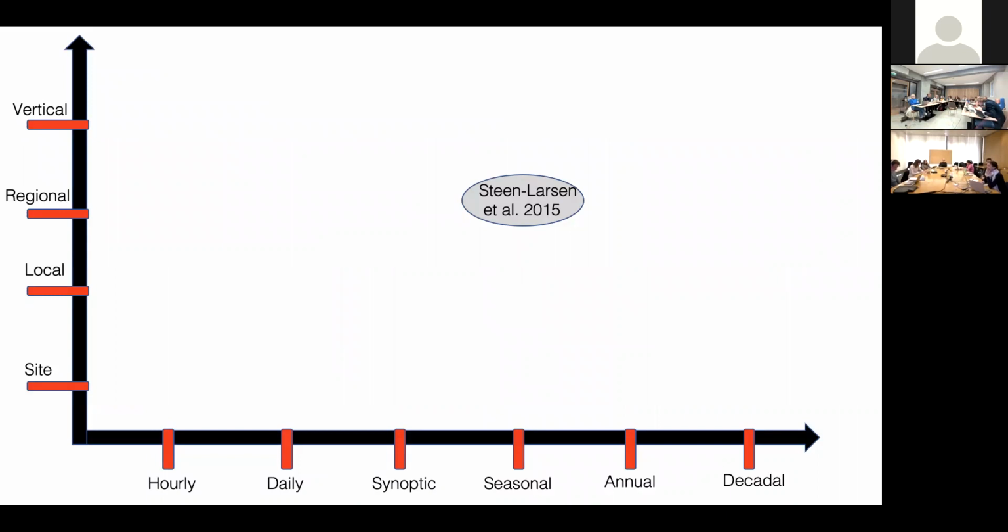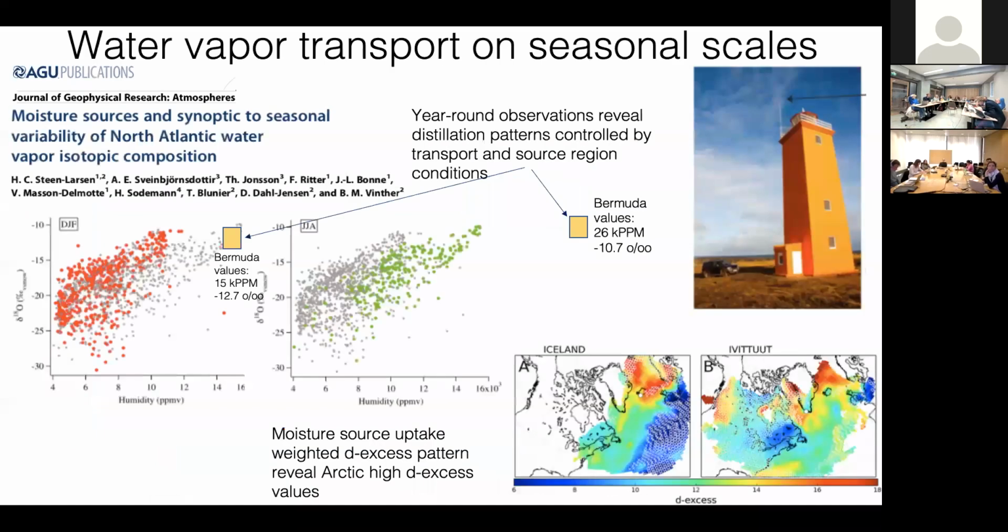Okay, then we move to a paper by myself, looking at regional and seasonal variations. In this paper, we used the year-round observations from the south coast of Iceland on a tower. And what we were able to do is to show that the isotope versus humidity relationship had a seasonality signature. And of course, we don't know specifically where the vapor comes from, so we're just using the existing observations from Bermuda, and we see that the change between the winter and the summer is consistent with changes in the distillation pattern and source region conditions. What we also had from this study was the first indication that the DXS of the Arctic had very high values. We obtained that by using two different sites, Iceland and southern Greenland, and moisture uptake weighted